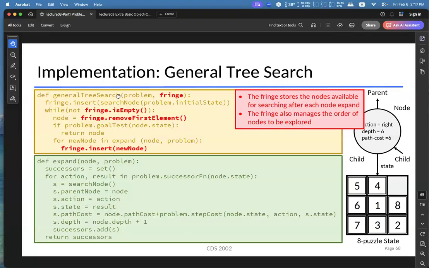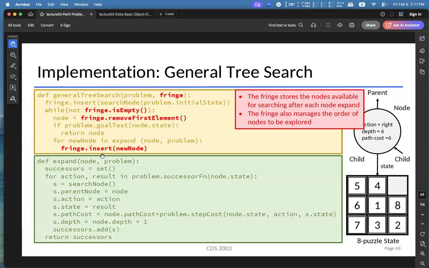Because those nodes are unexplored, we do a for loop at the end of the general tree search algorithm, adding those unexplored nodes to the fringe, so that the fringe always keeps a record of any unexplored nodes. So this is the whole idea of the general tree search algorithm.